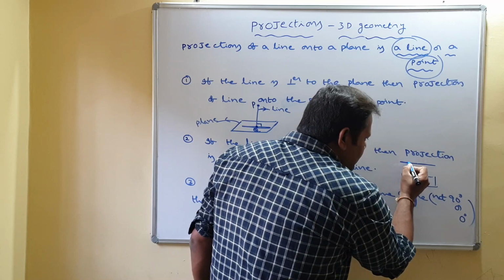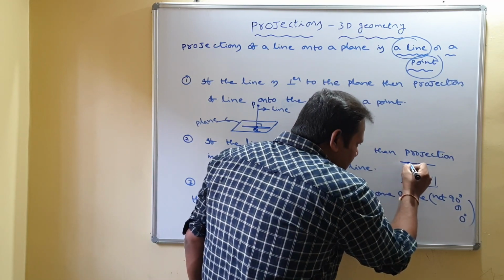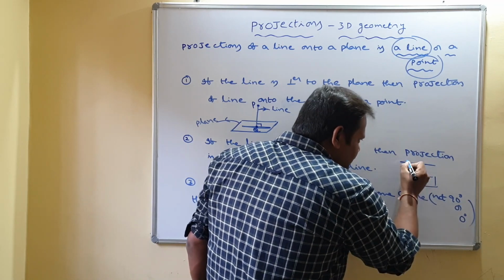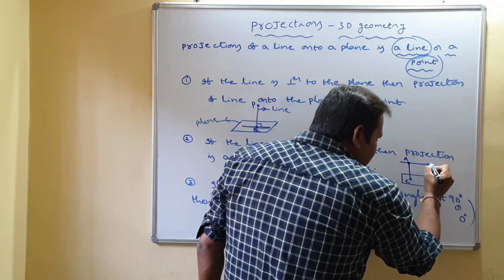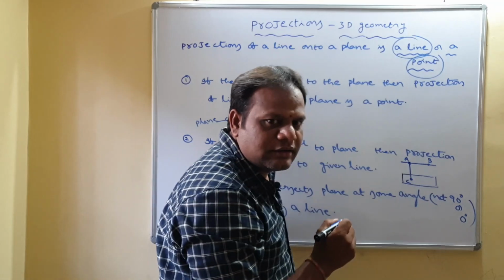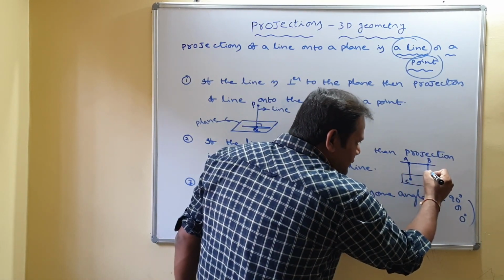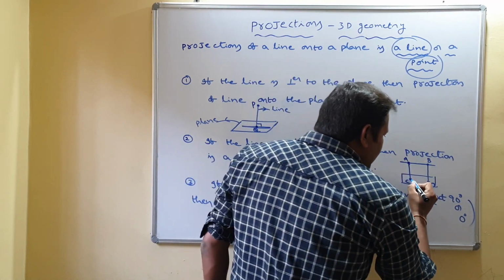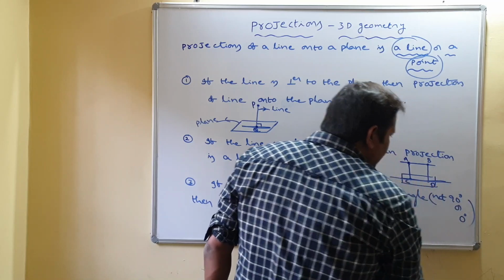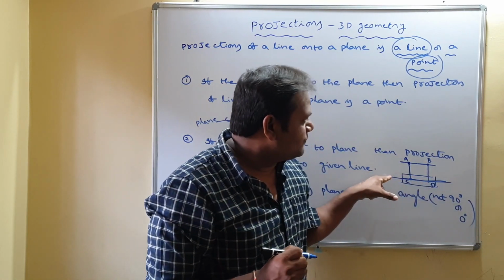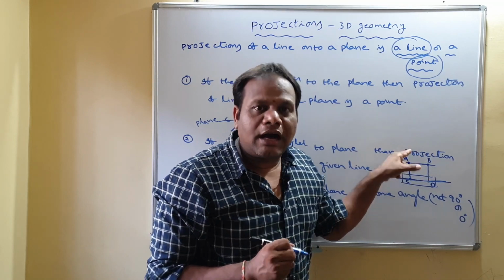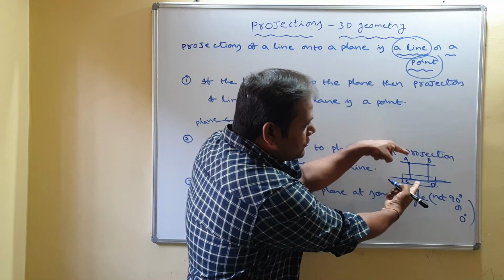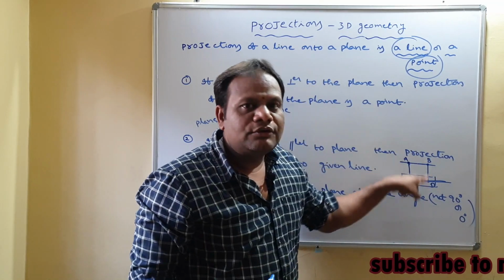We take one point on the line and we drop a perpendicular from that to the plane. Suppose I am taking it is C. Suppose it is A. And you take some other point B on the line and you drop a perpendicular to the plane. Suppose I am taking this is D. Now join C and D. You get one line. This line CD is the projection of the line AB. And moreover, you can observe these two are parallel to each other.